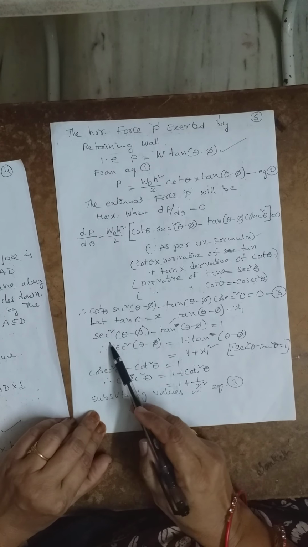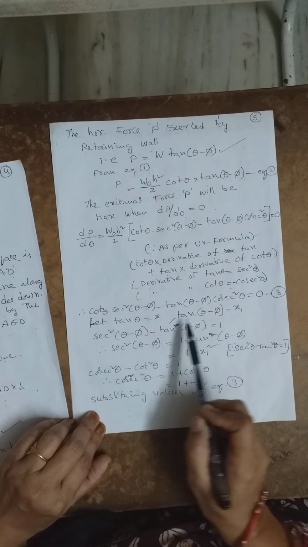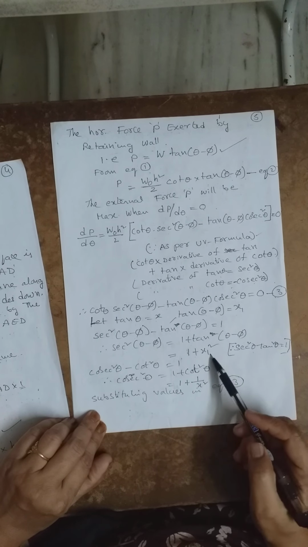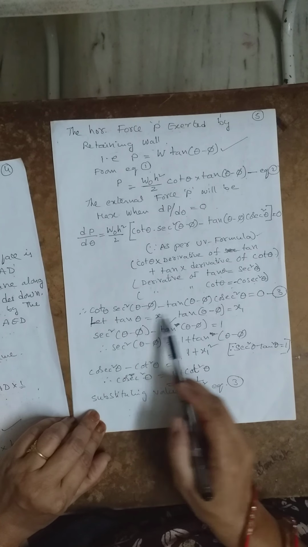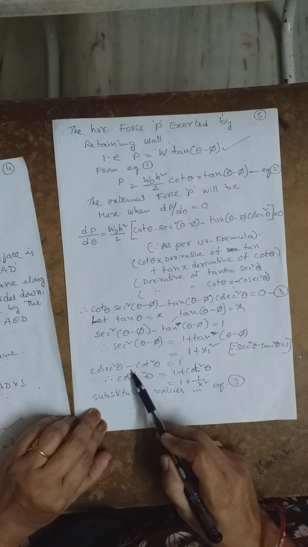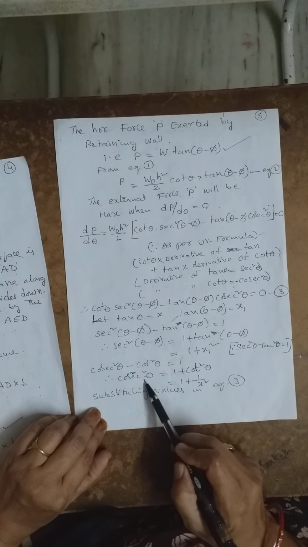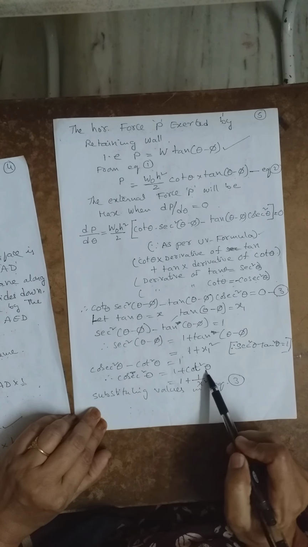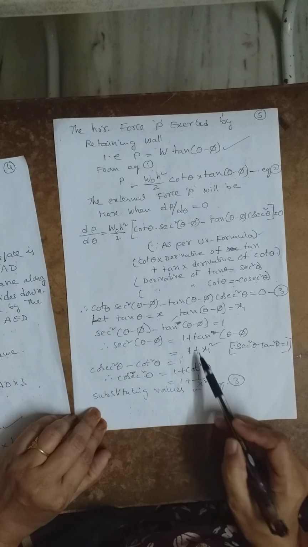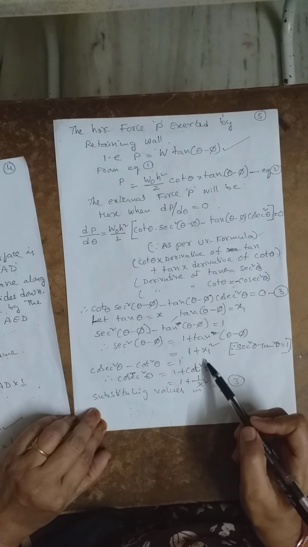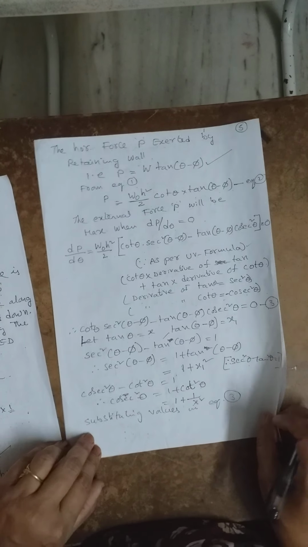Because tan θ is equal to x and tan(θ−φ) is equal to x1, so sec² is 1 + x1². The other relation is cosecant square minus cot square theta is equal to 1, so cosec²θ is equal to 1 + cot²θ. So substituting these, 1 + x² and both 1 + x1² and 1 + 1/x1²,